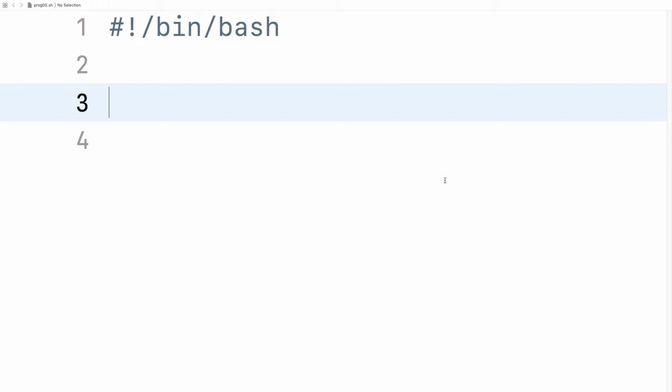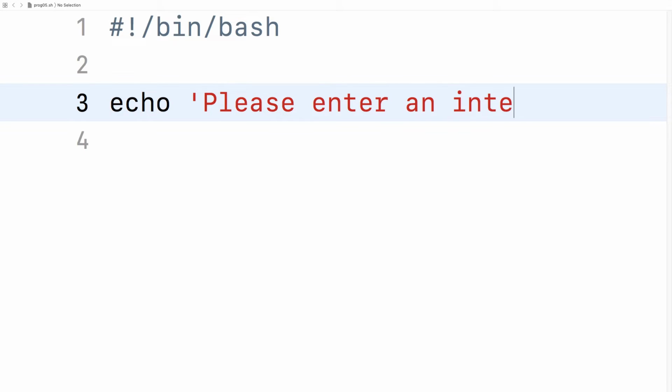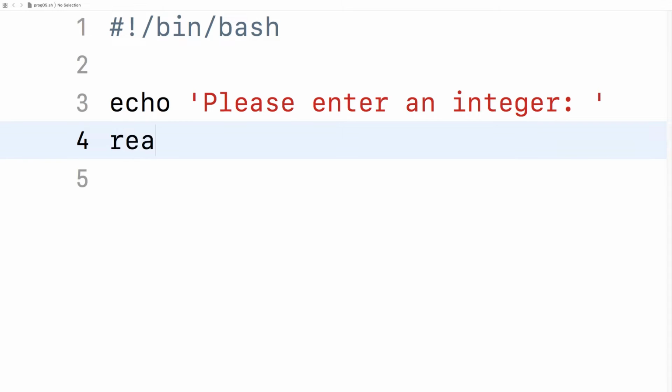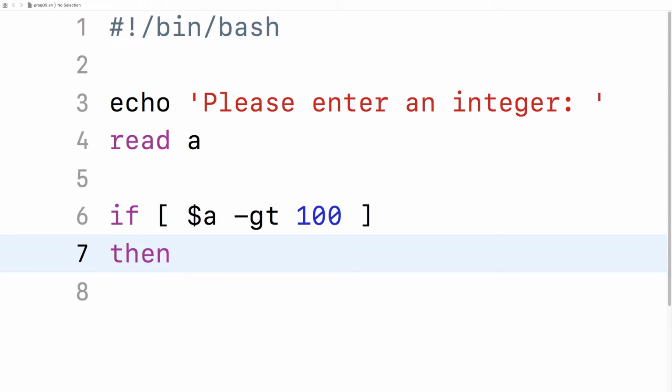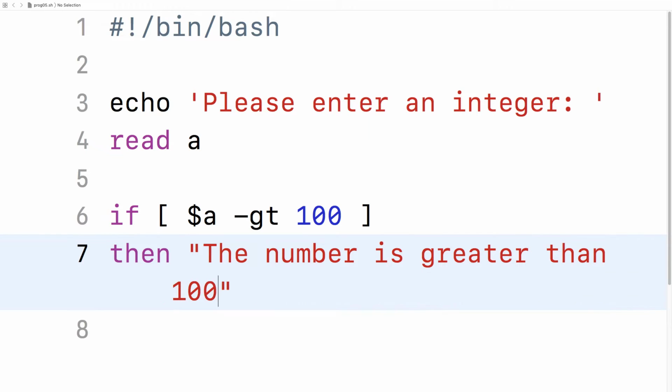So, let us create a simple program. echo "please enter an integer", read a, if $a -gt 100, then the number is greater than 100.